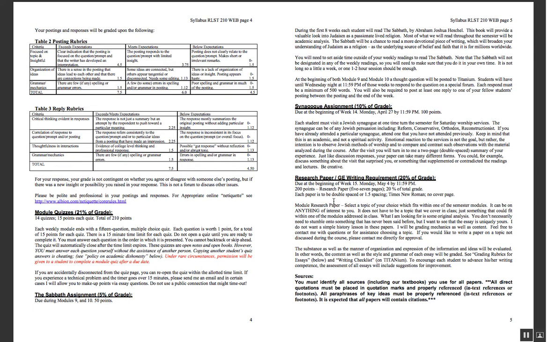I encourage you to go to the Writing Center, go to the library, and ask the reference librarian to show you the Jewish section: Judaism, Jewish studies, Israel. Spend some time in the books and see what interests you and what pops out. Put some time and effort into this, because this is where a lot of people lose points as well, because they kind of phone it in or write it at the last minute.